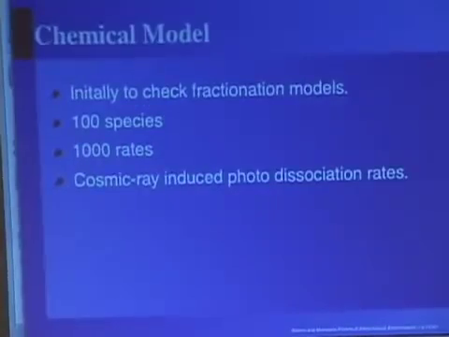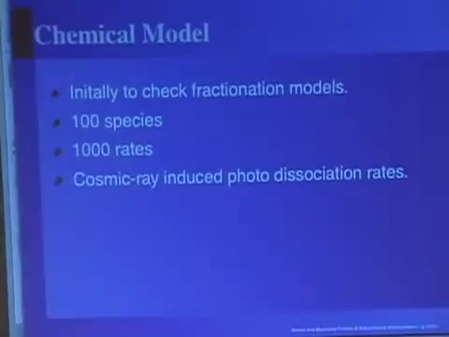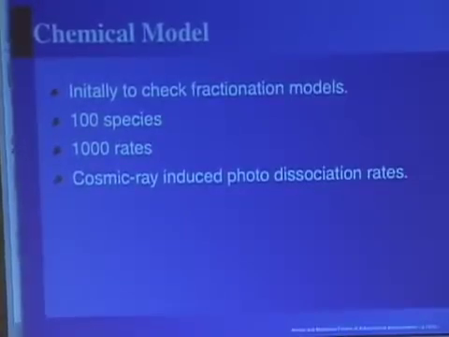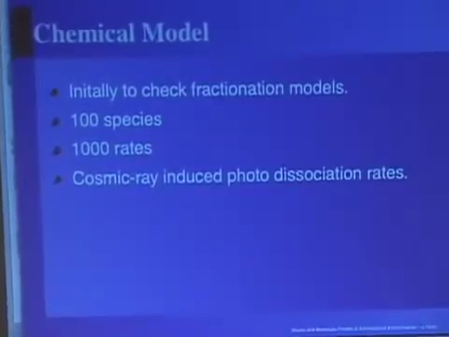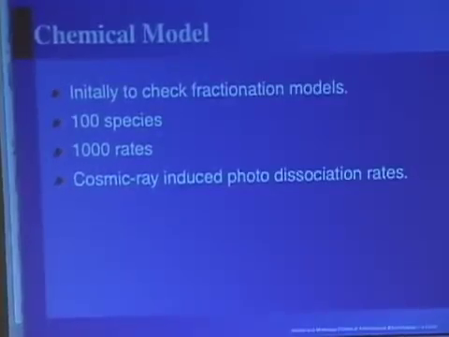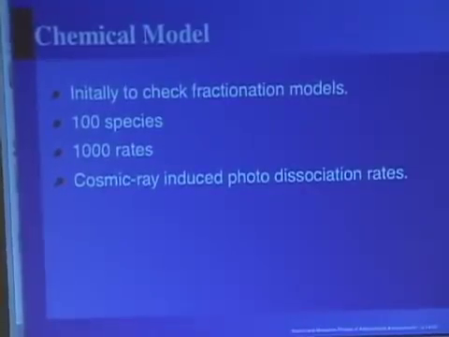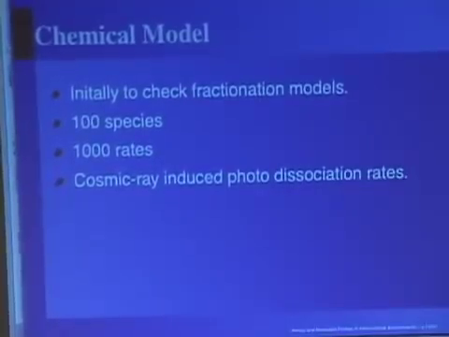In order to check these sort of hand calculations, I actually started putting together a chemical model, which eventually grew to 100 species and 1,000 rates. And we analyzed a lot of stuff with this chemical model, but I really want to pick simple and closed small probes of the thing. In particular, one of the things we added to this chemical model, which Aveen mentioned, is the cosmic ray photodissociation rate, which was done with Emil Sternberg.